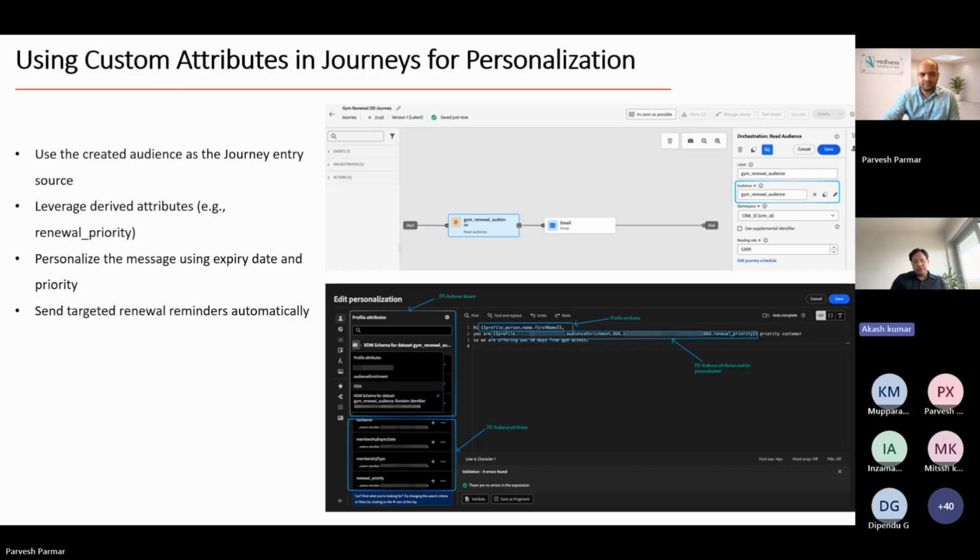In the email, we can do the personalization by using this data distiller audience's attributes. On the left side, in the profile attributes, you can search for audience enrichment. Under the audience enrichment, you will see the DDA, that is the data distiller audience. And within data distiller audience, you will see your XDM schema for your audience name. When you select this, you will see all your audience related attributes that are ready to use in this